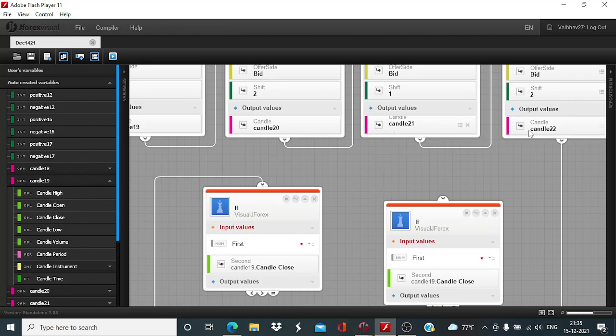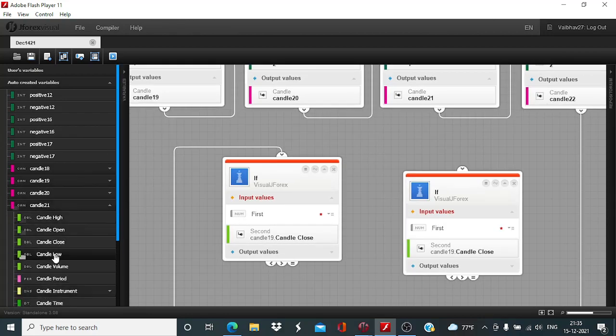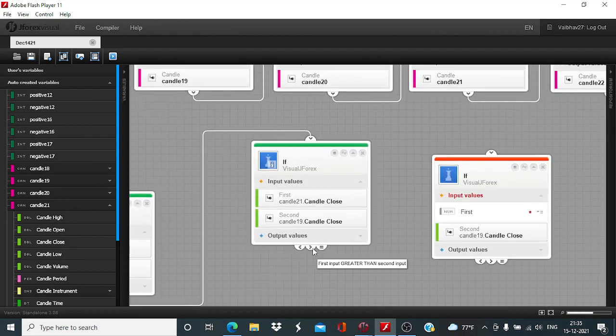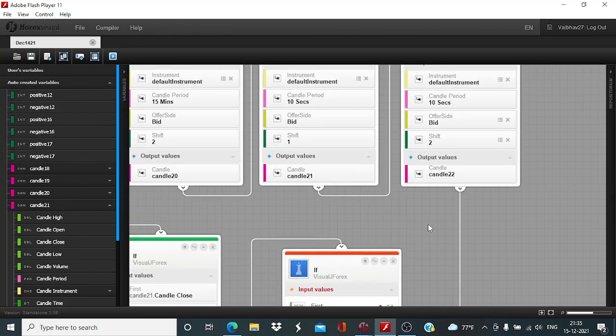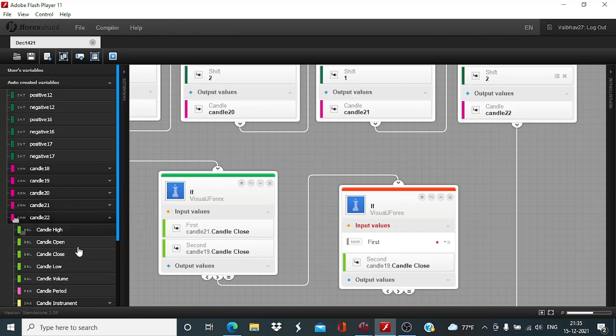And here candle 21 and candle 22nd will be compared. So we take candle 21 candle close, and in this case first input should be greater than second input, while in case of candle 22nd candle close, we will need the first input to be less than second input,